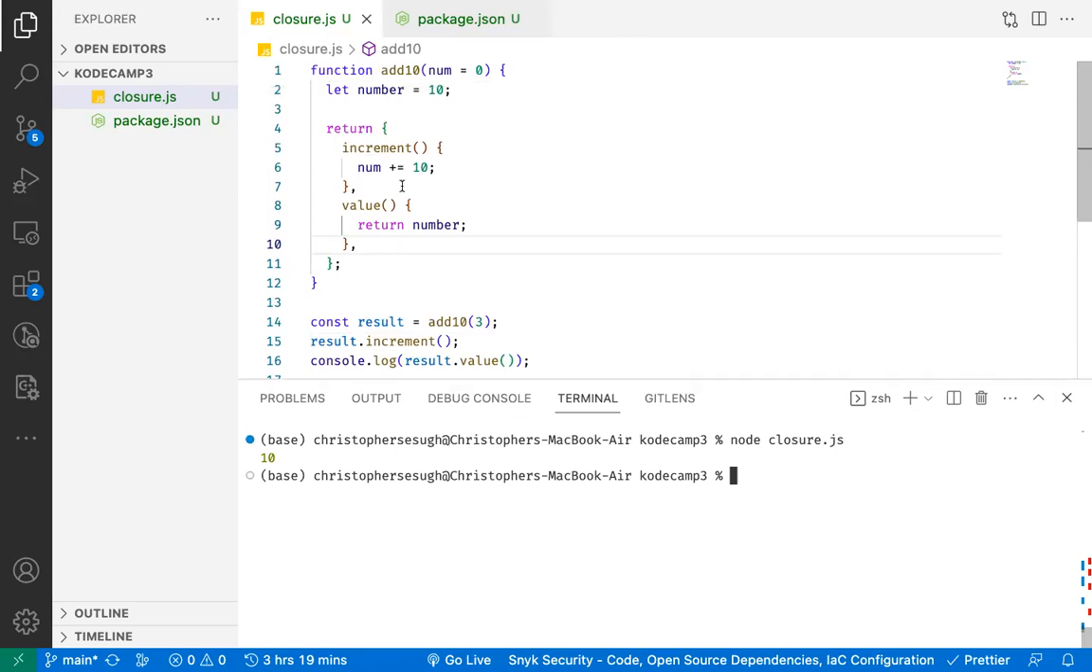We're returning increment. We put none instead of number. Yeah, you said? We put none. Inside the increment method, we put none plus equal to 10 instead of number. Okay, yeah, that's true. Okay, num is equal to,